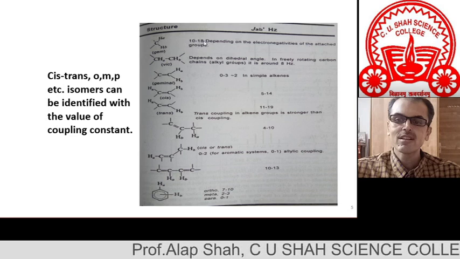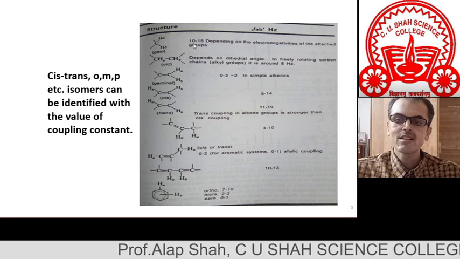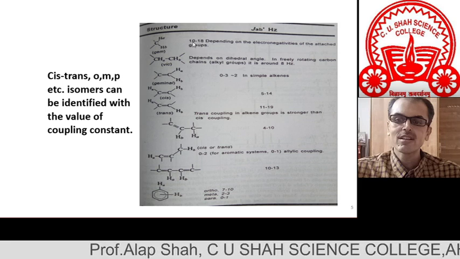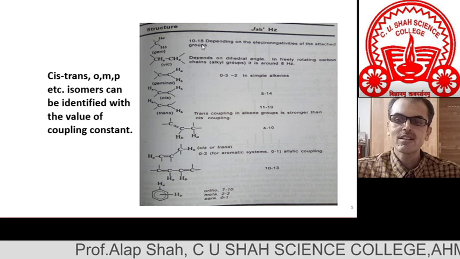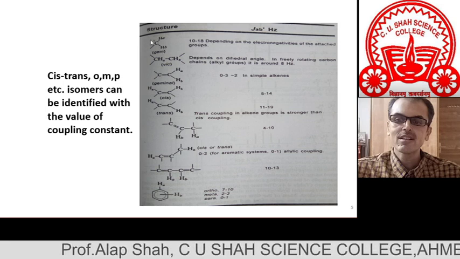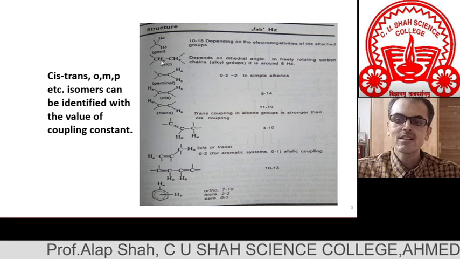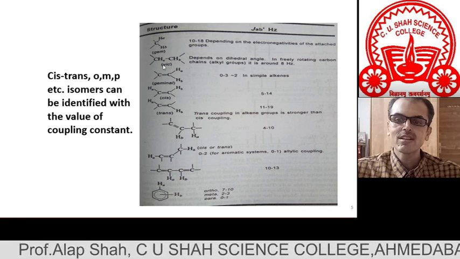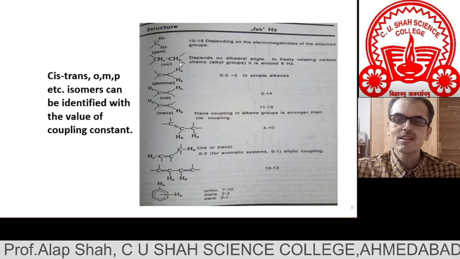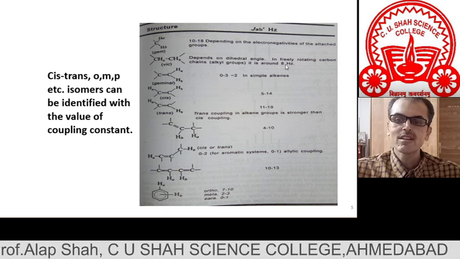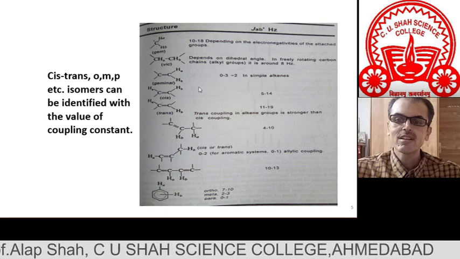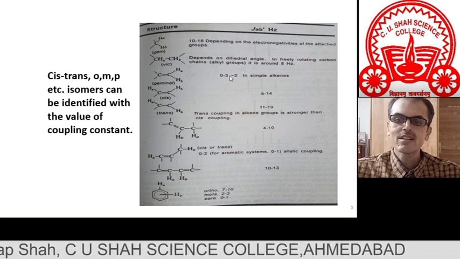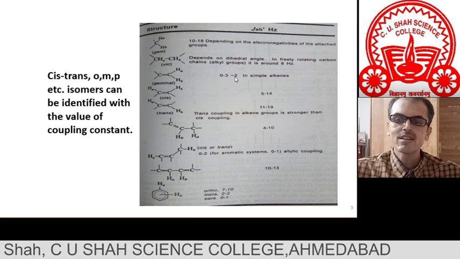So normally this geminal coupling is very powerful, and as a result you can see that their J value is in the range of 10 to 18, depending on the other structural part attached over here. Vicinal coupling is comparatively less powerful, and you can see that for these Ha and Hb vicinal protons, the J value is 8 Hertz. Vinylic protons have a J value in the range of 0.3 to 2.